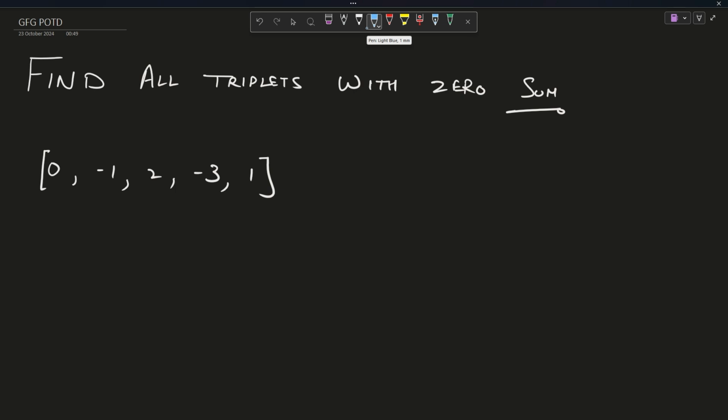So today the problem is find all triplets with zero sum. The problem is actually very understandable from the heading only. We have to find triplets. Triplets mean three, right? We have to find three numbers. Let's suppose the indices are I, J, K, with zero sum. That is, in a given array, I have to pick three elements whose sum is equal